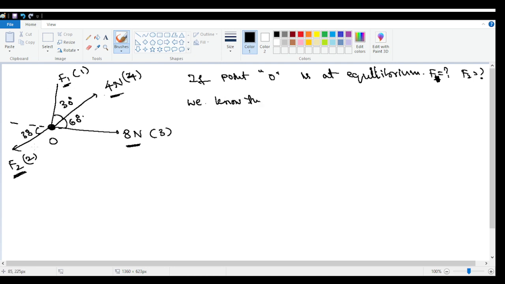No. Here we cannot use Lami's theorem. Here four forces are there, and Lami's theorem can be applicable only for three forces. We know that the point O